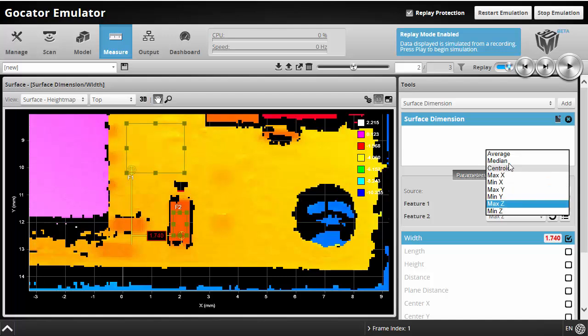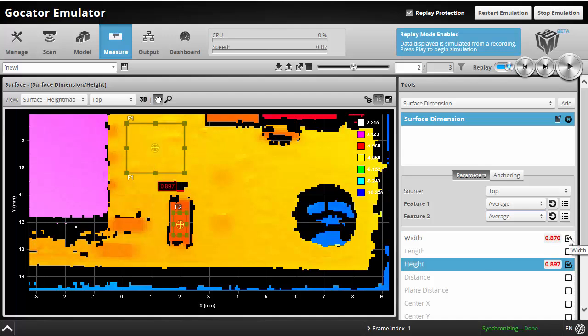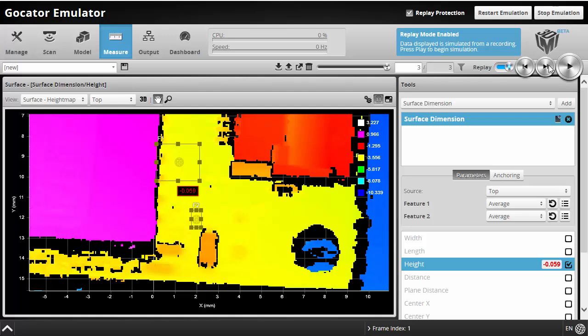So I'm going to use the average height in each of the regions and compare the two and measure the height distance between those 2 regions. So right now I'm getting a measurement of 0.897 millimeters,